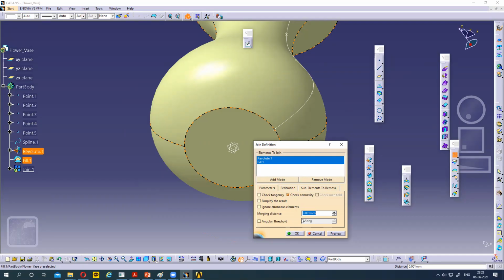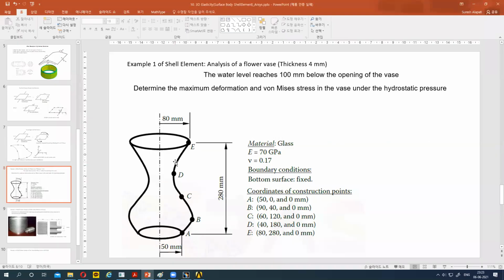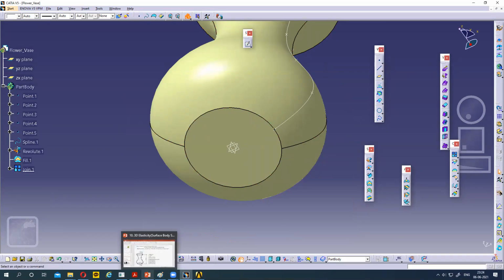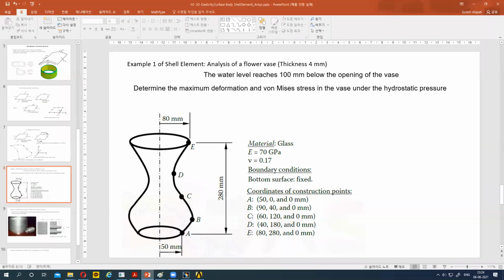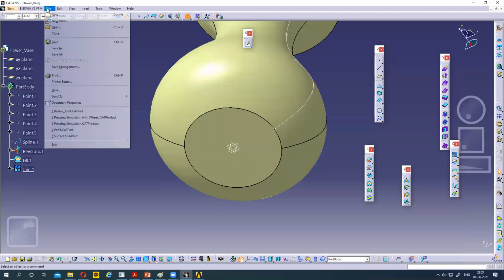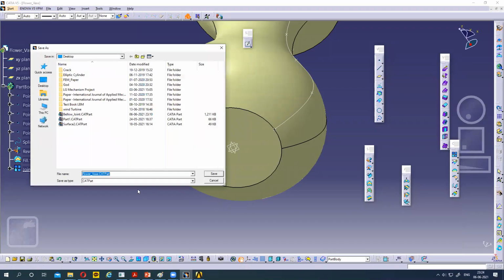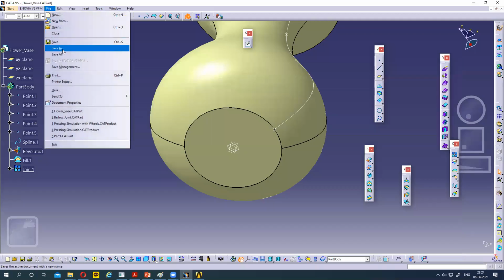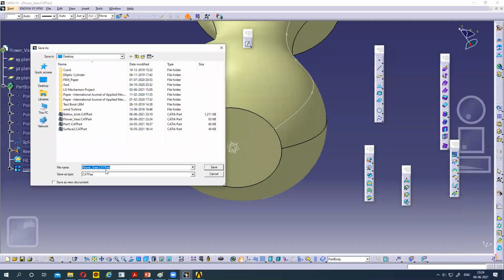This is for 3D surface modeling, and you can analyze this using 3D surface modeling and 3D solid modeling. I will explain the difference between these two tomorrow. Click on OK. So that is the surface body. Anything else? Nothing. File, save as flower vase, CATPart. If you want to edit it in future, we have to save it as a CATPart. And in order to read it from ANSYS, save as